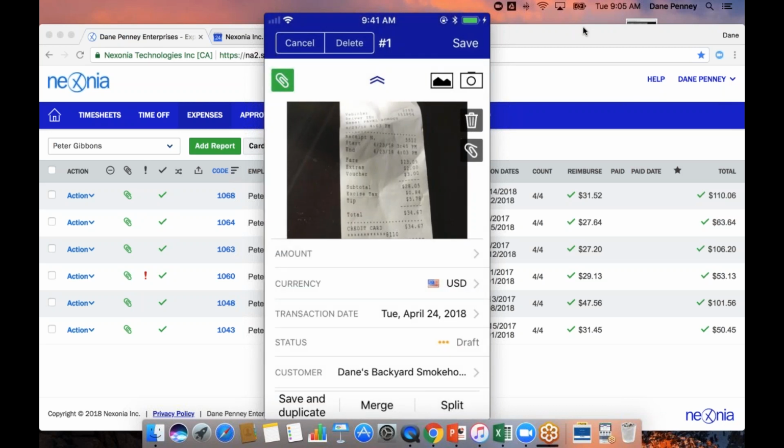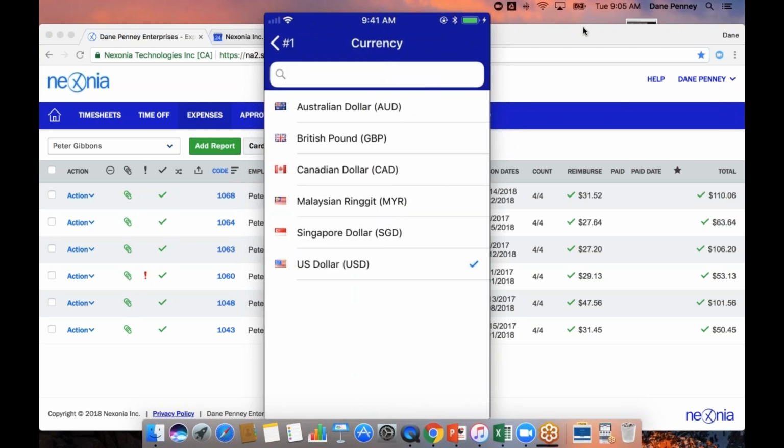We default to the US currency based upon your setup. If you do have employees or users who are outside of the US, you can actually have default currencies to whatever country they're actually located in. We work with 167 various currencies, so you shouldn't have a problem inputting any currency into this solution. Or if you have employees that are traveling outside of the US, they can easily just click on the currency button and you can see some of the samples that I have from a drop down. But in this situation, it is a US